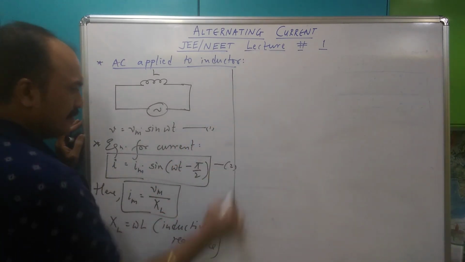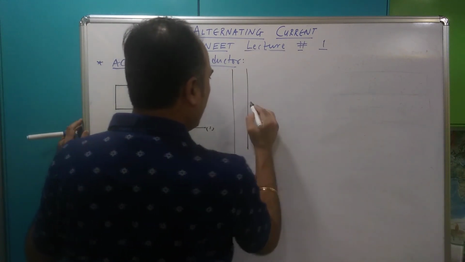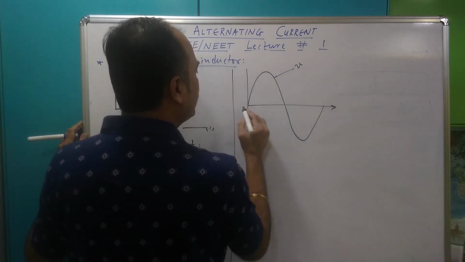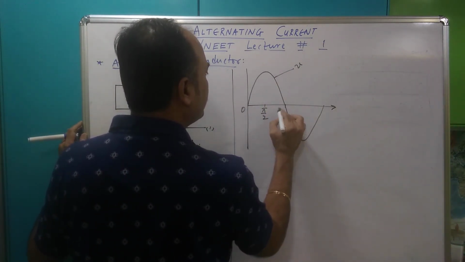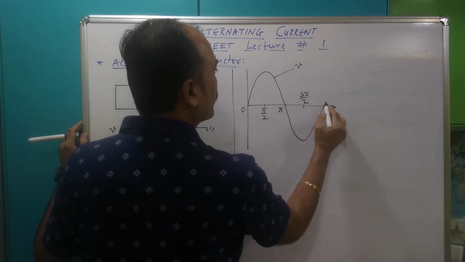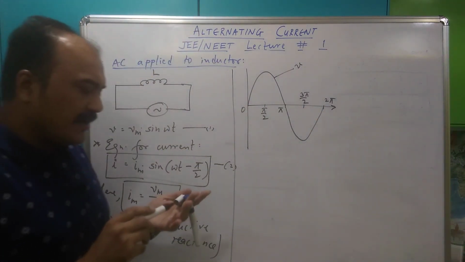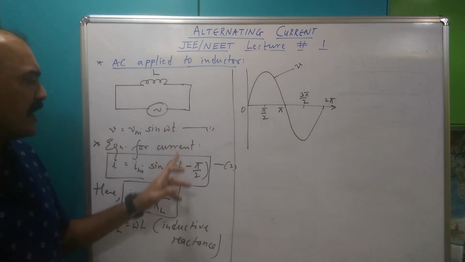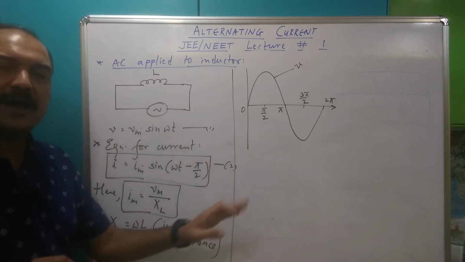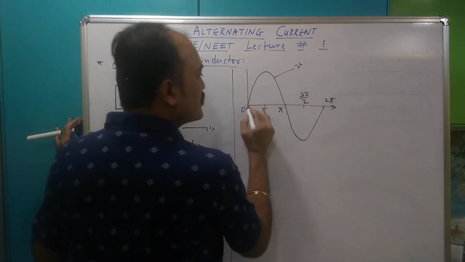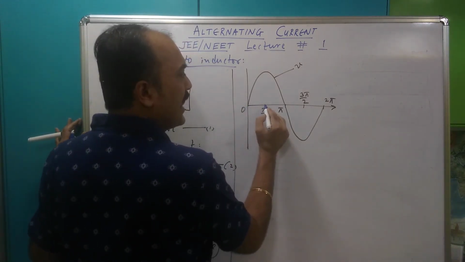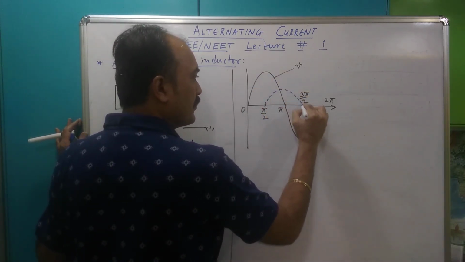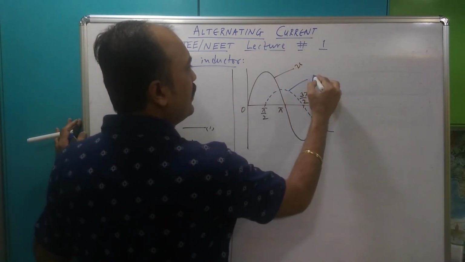And now we draw the graph, and the graph seals the fate. Once you understand the graph and its mechanisms, you are good. This was voltage. I love these graphs like anything. And where do we start the current from? From this equation, we see that current lags behind. This is omega t, this is omega t minus pi by 2. Current lags behind voltage by an angle of pi by 2. So I'm going to start the same graph as that of voltage, but after a lag of pi by 2. So my current graph will start from here, same as it went for voltage. You want to push it ahead? I don't mind, but we don't need it.